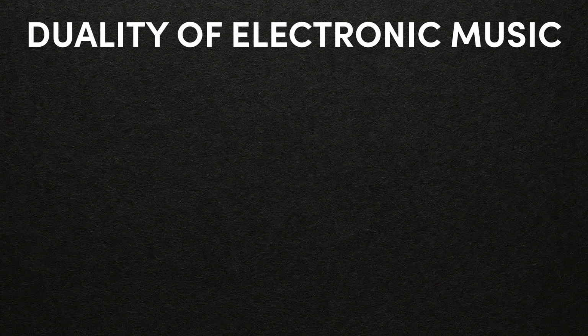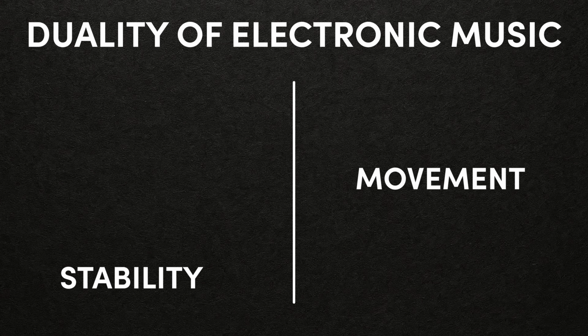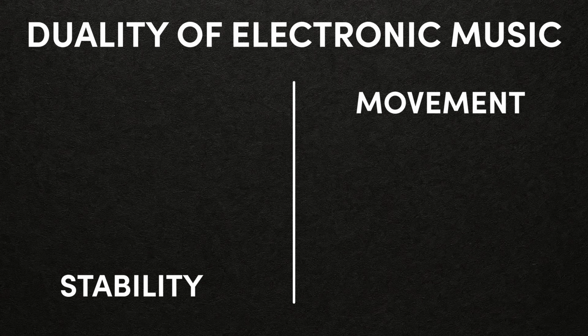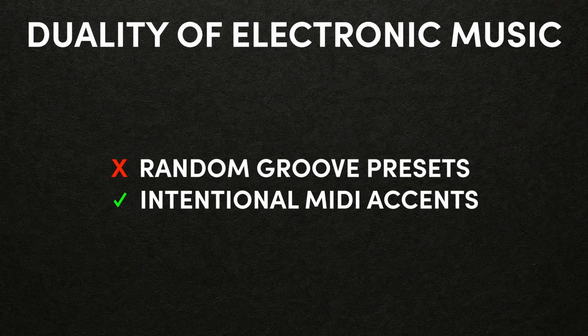Electronic music at its core lives in this constant tension and duality between stability on the one hand and movement on the other hand. If you sacrifice too much stability for too much movement, it just gets weird. And this is what happens when you slap groove presets randomly on your track. So you have to design your MIDI programming in a way that actually accents certain hits that create movement while